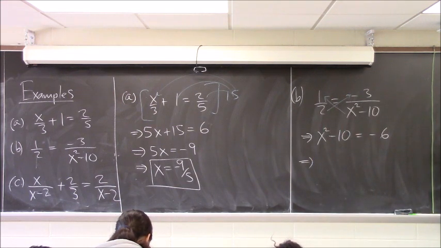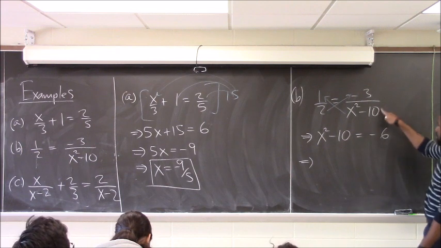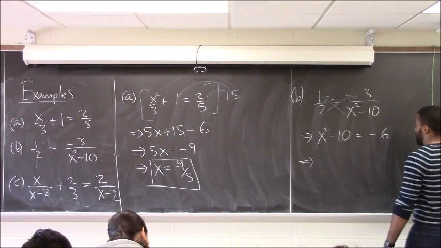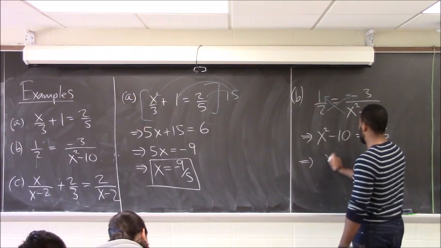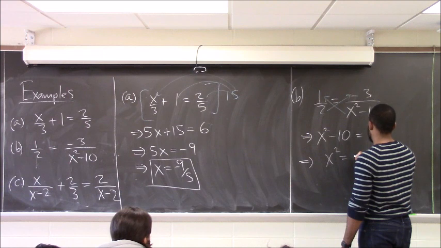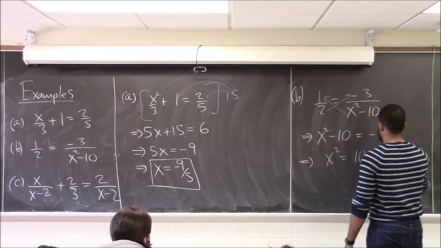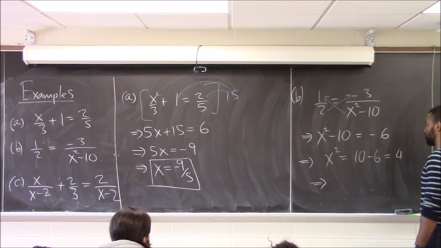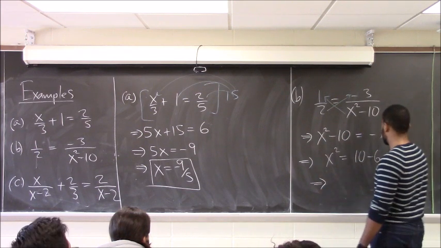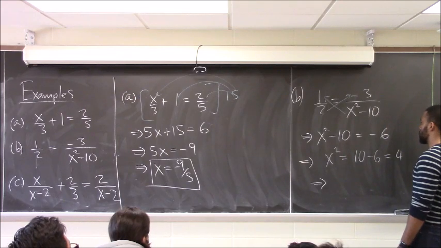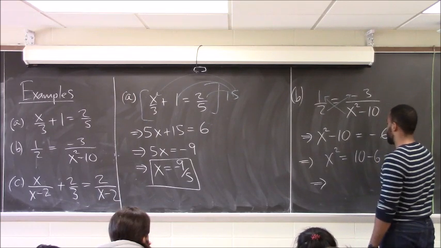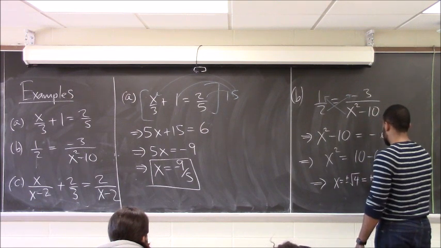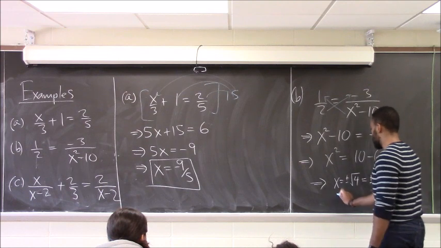Ultimately, cross multiplication is also multiplying by the LCD. You'll notice that you multiplied by this denominator and then that denominator. So we would have x squared equals 10 minus 6 equals 4. So our x equals plus or minus 2. One way you can see that is to just say x is plus or minus the square root of 4 equals plus or minus 2,